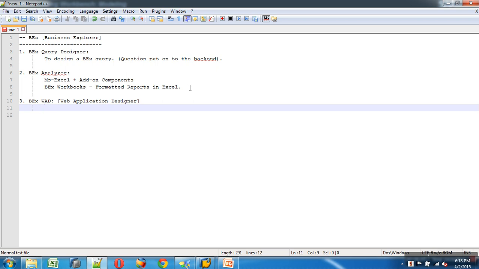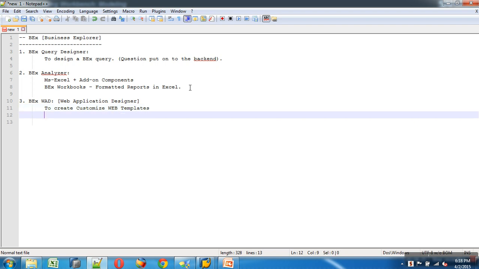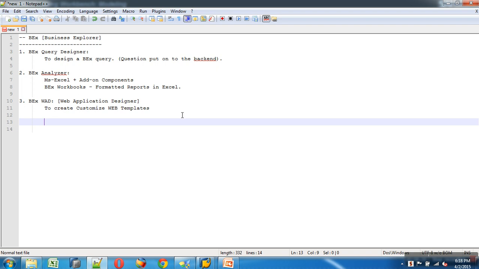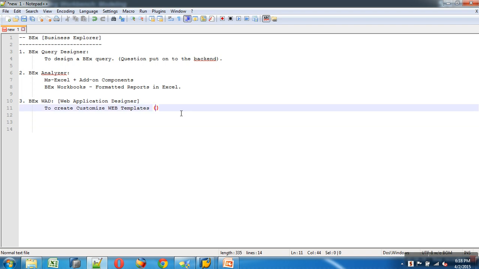So we use WAD to customize or to create web templates. And what kind of customization? With more navigational features.